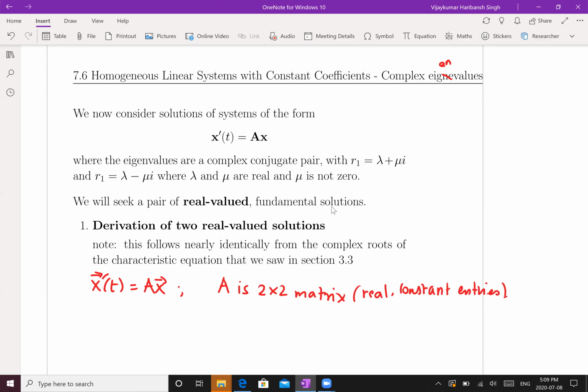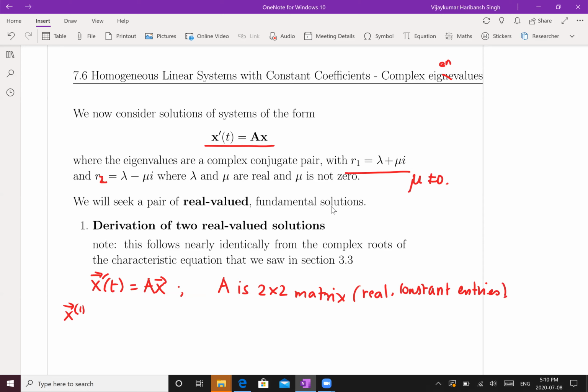If we follow the same way as we did for the real but distinct eigenvalues, we'll see that the eigenvalues of this A, since they are complex, will appear in conjugate pairs. So we have r1 equals lambda plus mu i, then r2 equals lambda minus mu i, where lambda and mu are real and mu is non-zero. The reason we insist on mu non-zero is because we want a complex conjugate pair